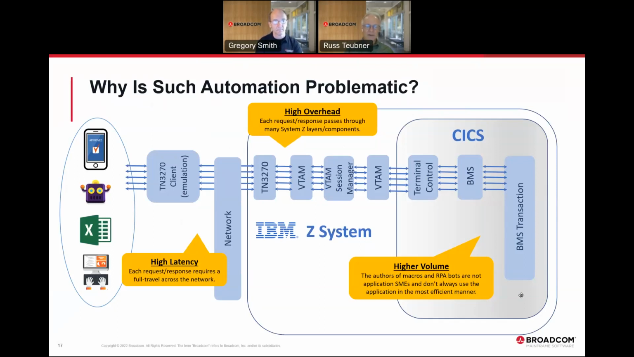First, it's a pattern of integration that generates a tremendous amount of latency because each request and response requires a full travel across the network. Secondly, it has a lot of overhead. In most organizations, when such a request comes in to the mainframe, it's going to go through a TN3270 server, which then goes to VTAM, then probably through a session manager, then back out to VTAM again, then on into CICS, finally actually running the